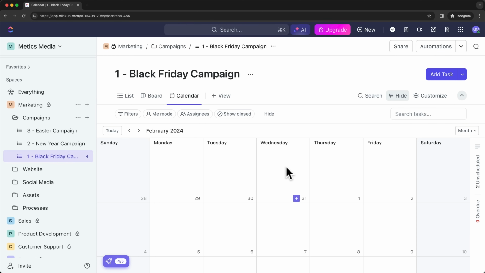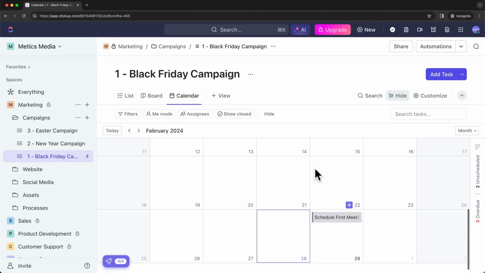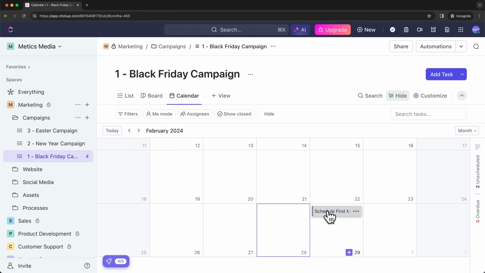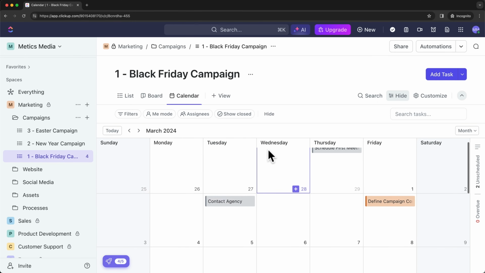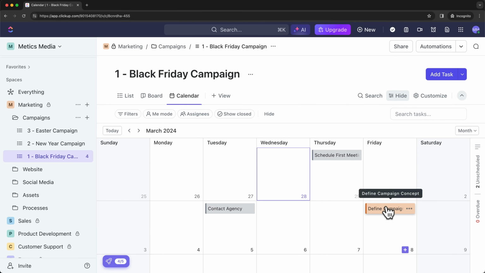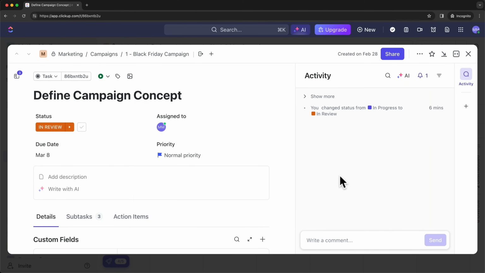And for all the tasks that actually have a due date, we should be able to see it in here. So for example, the schedule first meeting will be due tomorrow, February 29th. We can also go to the next month here, and then we can see a few more tasks here with a due date. We can also click on them and then add some comments to it or make any changes